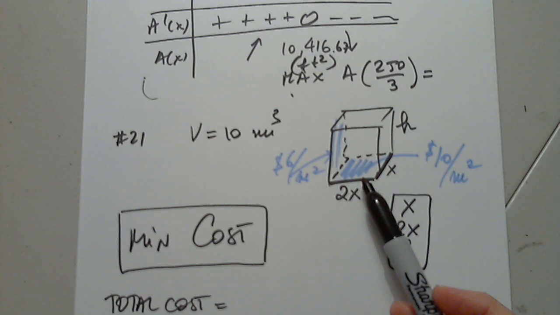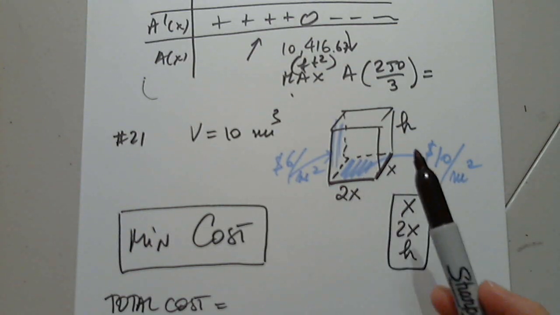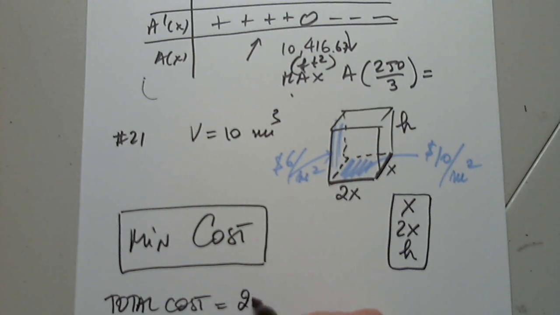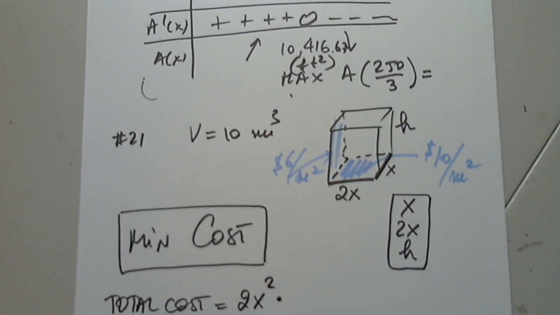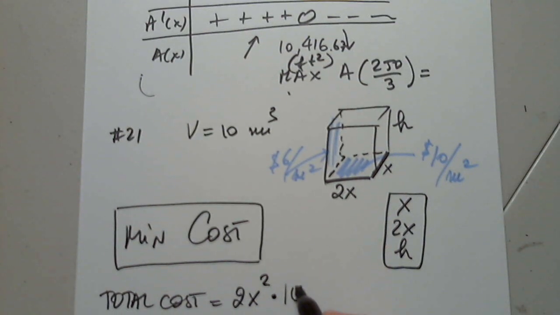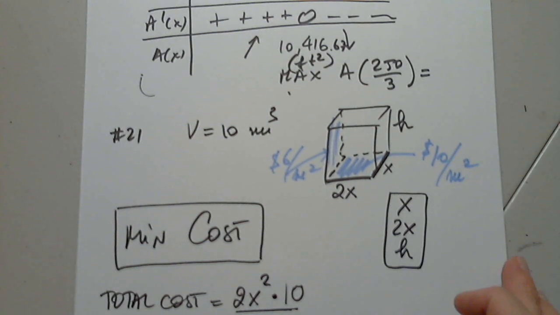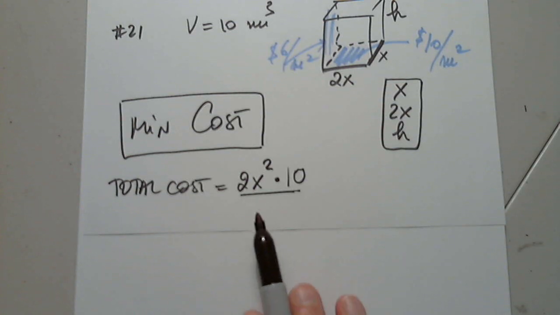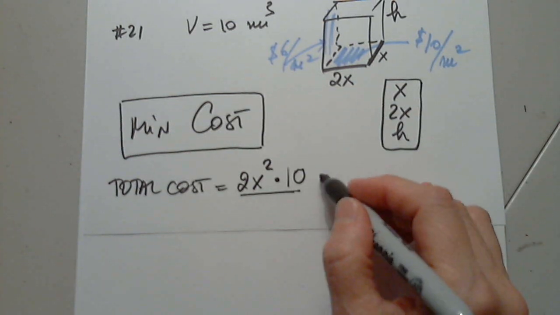So let's start with the base. The area of the base is 2x times x, which is 2x squared, multiplied by its cost per square meter. Is this clear that this is the cost of the base? Do we agree with the cost of the base? Yes. Plus